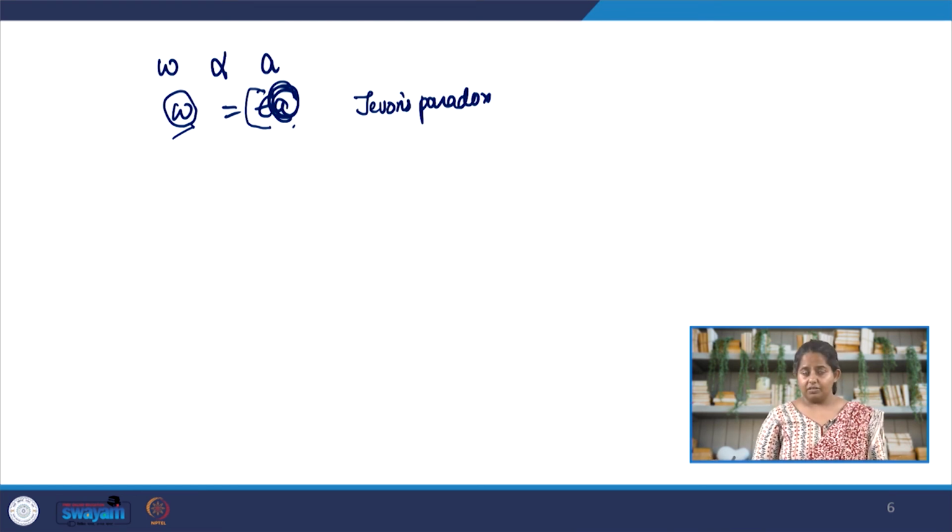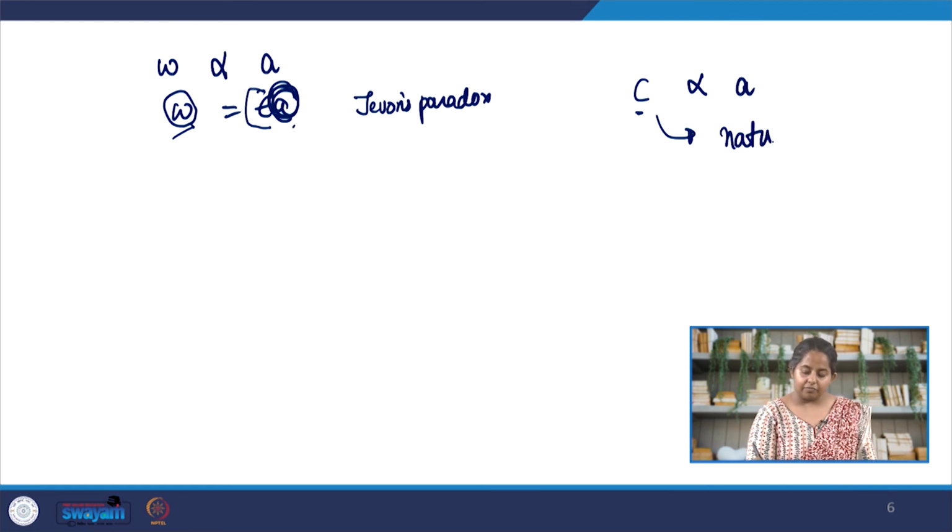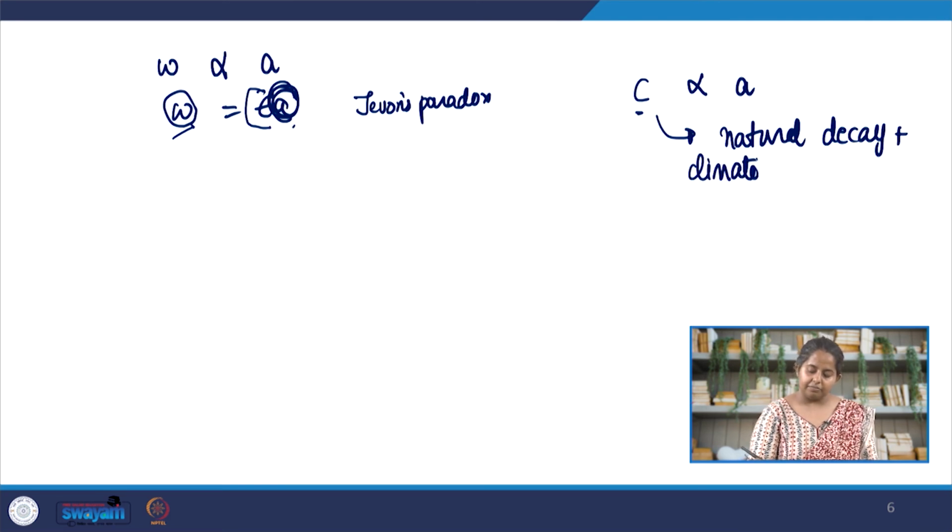But if that happens, then worst case scenario, climate crisis will become more and more intense, more and more severe. As a result, the climate induced extreme events will destroy the global wealth. So if you look at it, C is directly proportional to the rate at which we are consuming energy. The global wealth is directly proportional to that in this model. But it is also affected by the natural decay and climate induced damages, extreme climate induced.